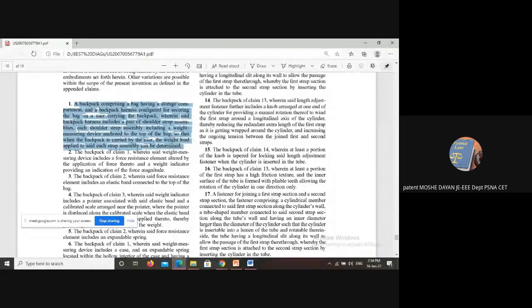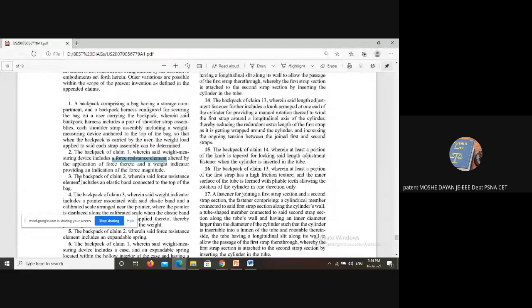Now let us see the following claim, the second claim. The backpack of claim 1, wherein the said weight measuring device includes a force resistant element. See, this force resistant element is altered by the application of force thereto, and a weight indicator provides the indication of the force magnitude. Now, look at the third claim.